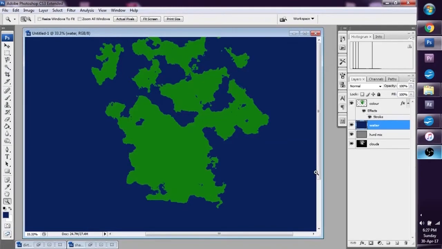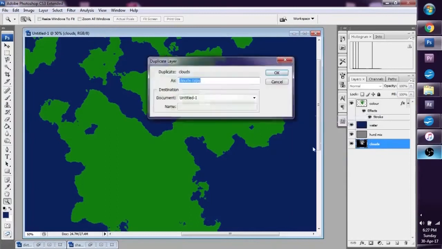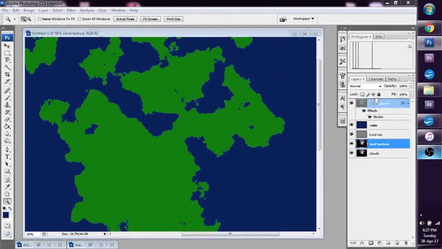So in order to do the texture of the land, making undulating hills and so forth, Shadiversity used a method which seems a little bit too complicated, using channels and paths and selection tools. But I think I figured out something which creates a similar look. What we're going to do is go to the clouds layer. We're going to duplicate that, and let's call it land texture. We're going to move it on top,